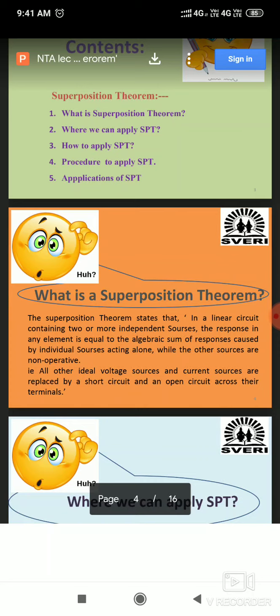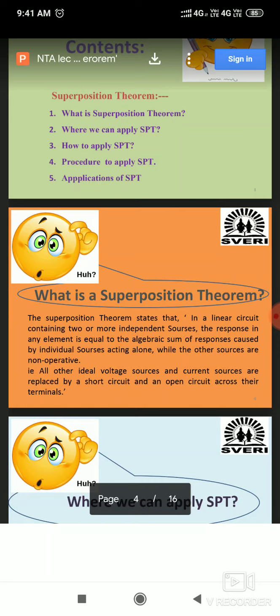Now, the superposition theorem we started. We have discussed the points we are going to learn. First will be what is the superposition theorem. काय आहे नेमकं superposition theorem? This is a new word. So what do you mean by superposition theorem? What is it actually? Next, where we can apply the superposition theorem, whether there is a condition to apply it. If there is, what will be those conditions, that will be the second point.